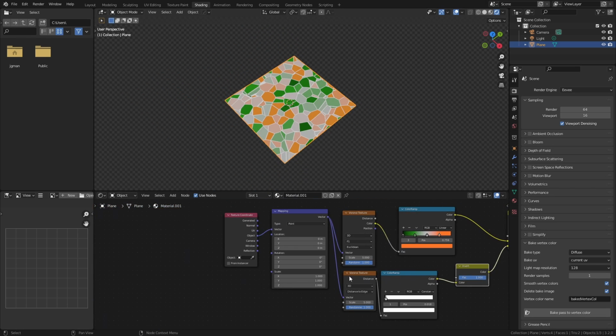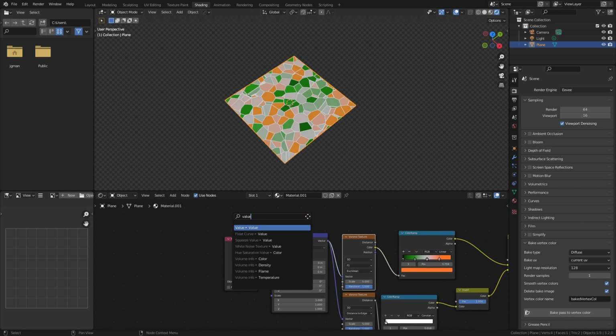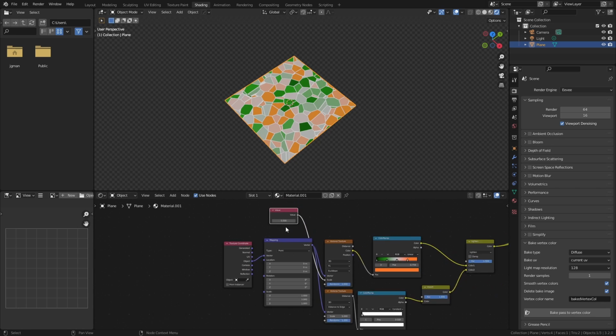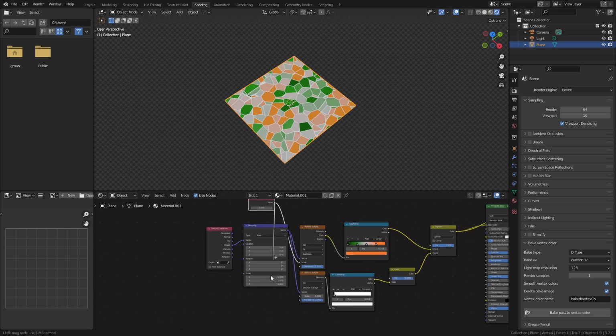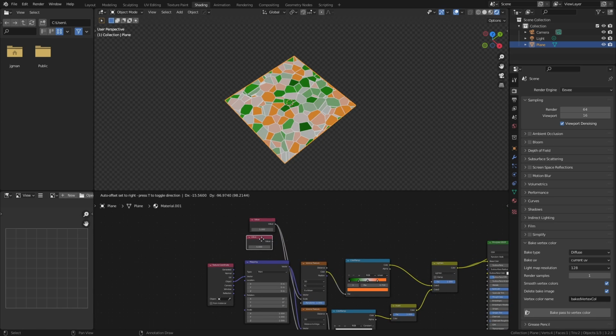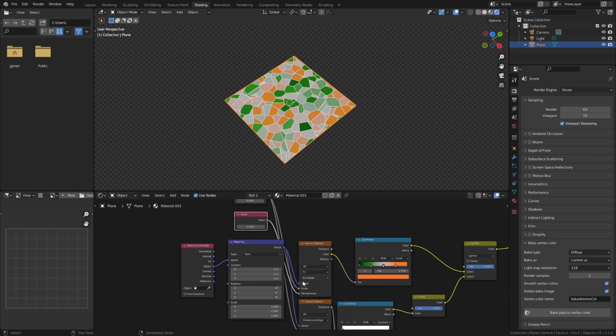Now I'm going to wire up a few things here just so that I can control them consistently. So I'll pull out from the scale, and I'll very simply type in value. So I'll set this to 5. And then we're going to use that same value node, plug it back into the bottom scale. We'll duplicate this, Shift D to duplicate, and then for randomness, we'll start off at 1,